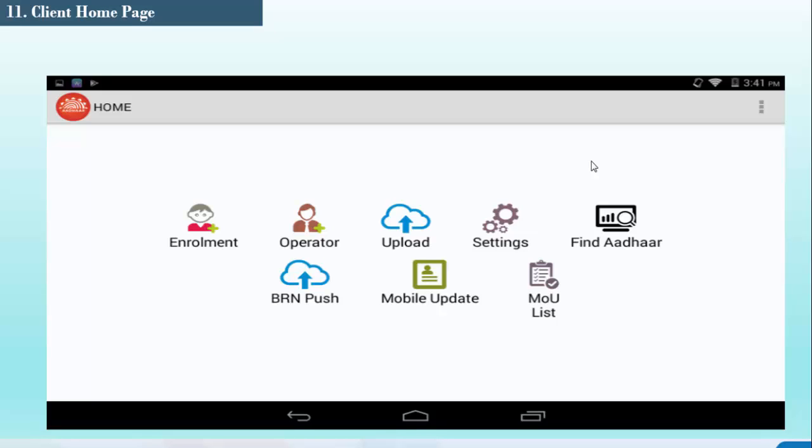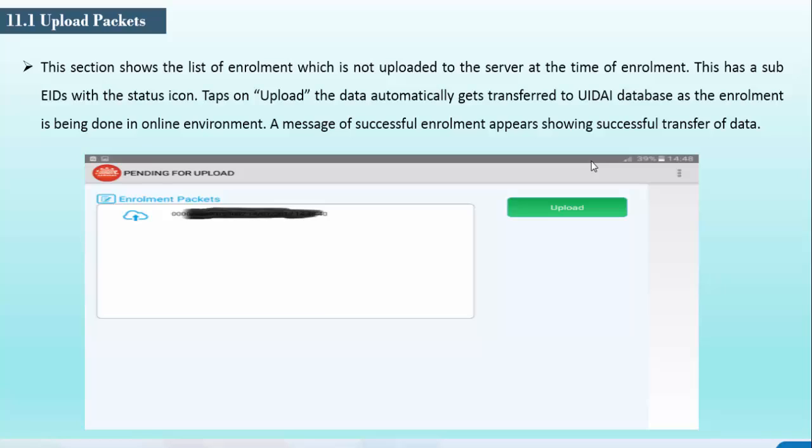So the client homepage will consist of some 7-8 options. The options will be enrollment, operator, upload, settings, find other facility, BRN push, mobile update and MOE list. We will see in brief each and every icon's procedures.